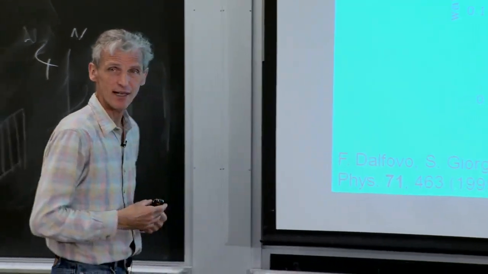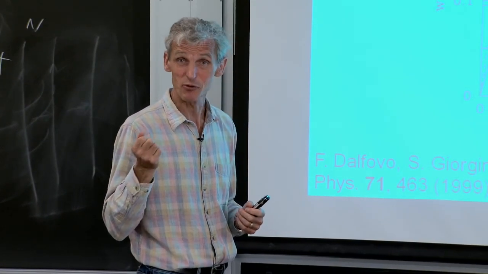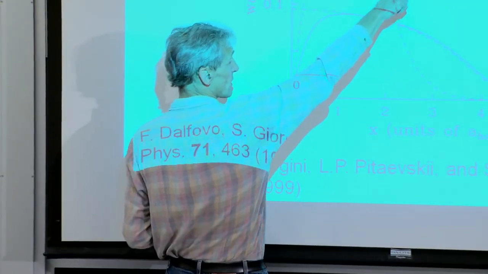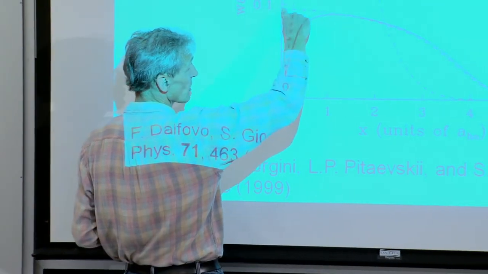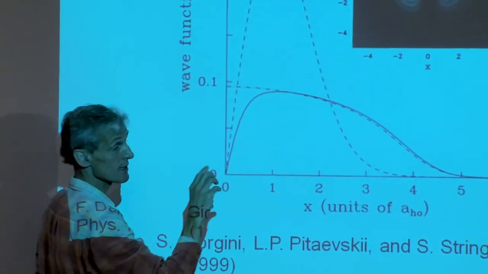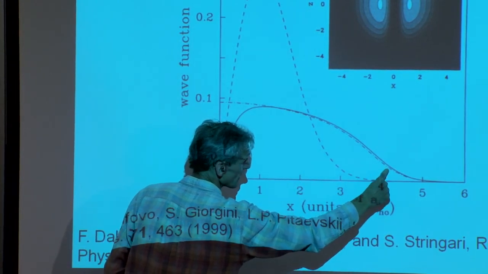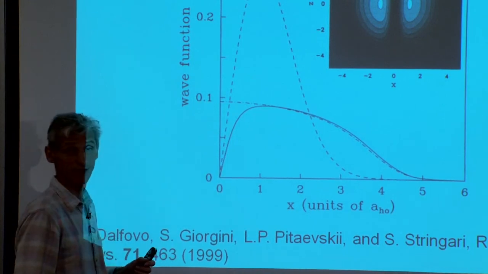But if you have the interacting system, remember what interactions are doing. They want to keep the density as constant as possible. Well, we are not in a box potential, we are in an inverted parabola potential. And remember, our Thomas Fermi solution, which neglects kinetic energy, is the inverted parabola up to here. And then the tail is when we can no longer neglect the kinetic energy.